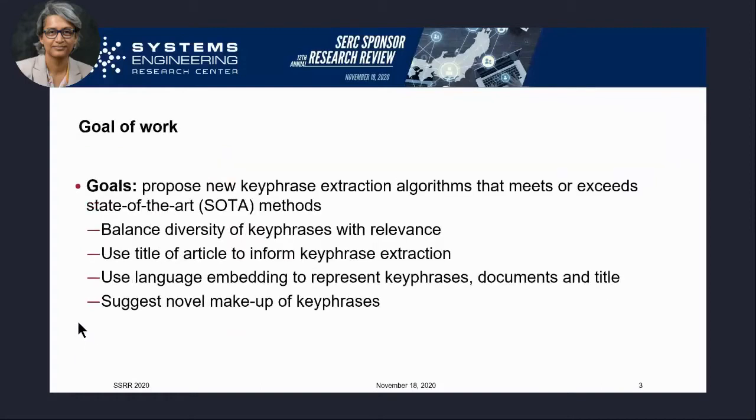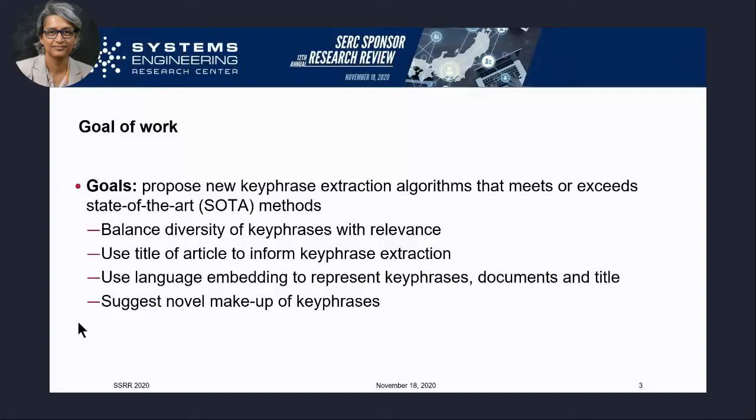So our goal here was to propose new key phrase extraction algorithms, specifically using language embeddings, which meet or exceed the SOTA methods, or the state-of-the-art methods. And our goal also is divided into smaller sub-goals. One is that we want to balance the diversity of key phrases with relevance. What do I mean by that?